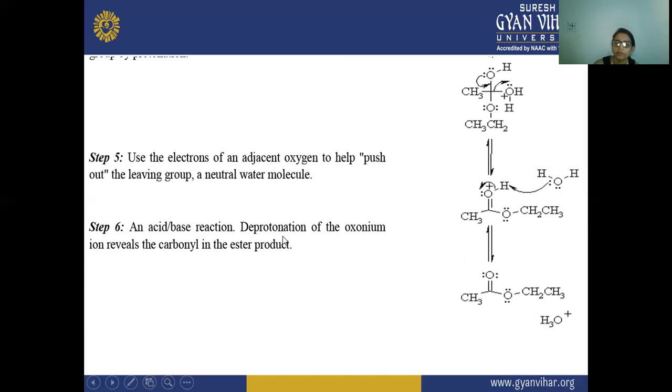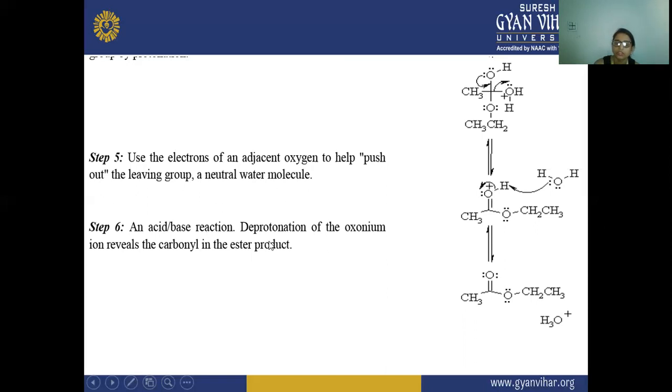Then after that, there is a deprotonation of the oxygen ion, which reveals the carbonyl in the ester product. So here now, this H also will be removed from here. This H will also be removed from here. After this removal, there is a formation of the double bond. So the double bond is formed here. Now this H is removed from here, and there is a formation of this carbonyl carbon, this oxygen, a double